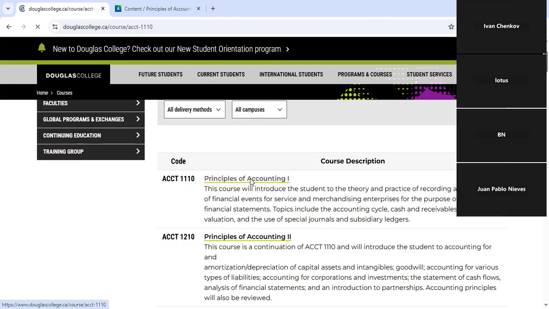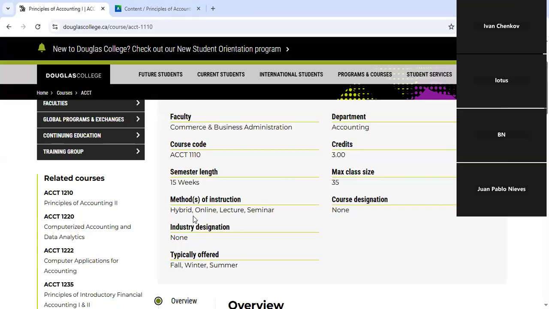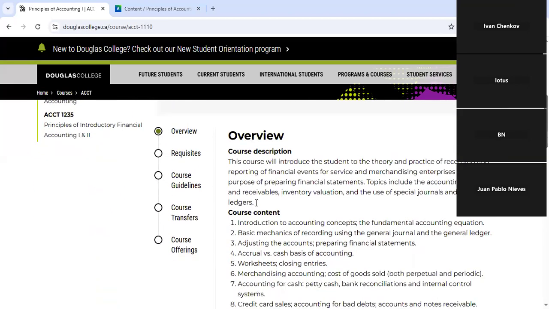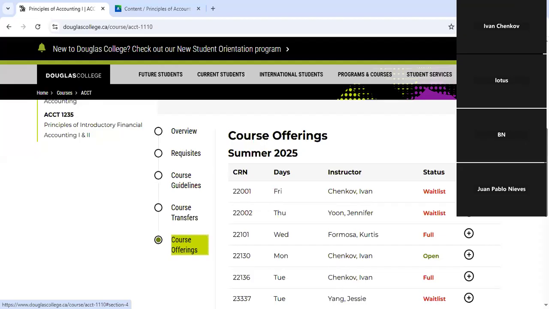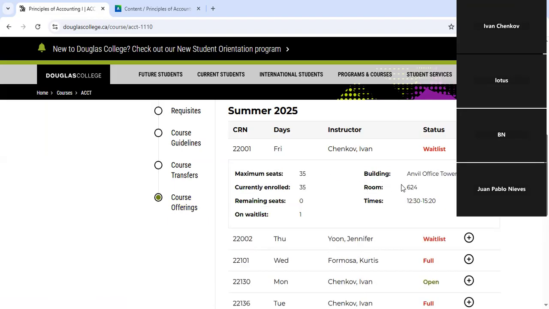And once you click on the course, here you're going to see the delivery, the credits, maximum course size, the delivery of the course, overview of the course and content. We're going to come to this a little bit later, and the course offerings. Once you click on the course offerings, you're going to see the sections that I am teaching, right? All the sections which are available this semester, and which section I'm teaching and what's going on in those sections. Once you click on that plus here, you're going to see where the lecture is.